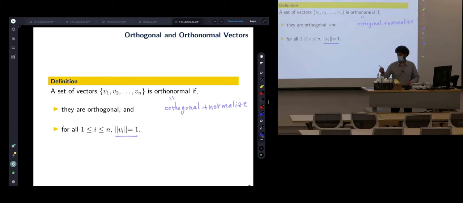Yash says that, can we give ijk in R3 as an example? Yes, we can. So the general definition here is that